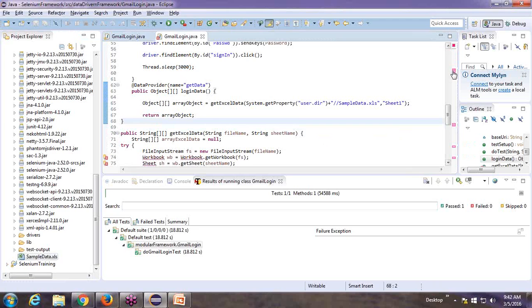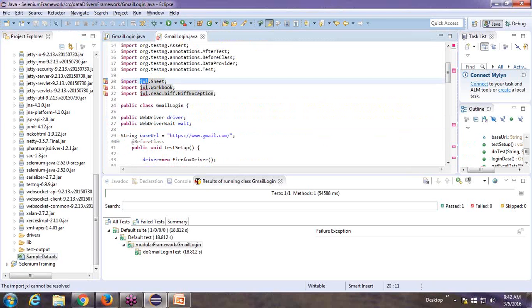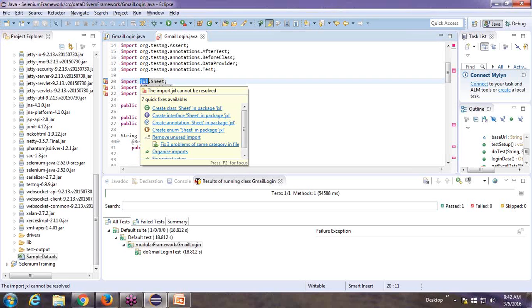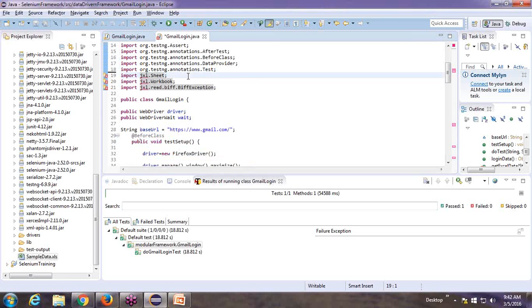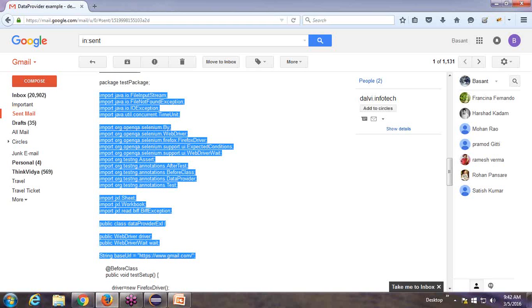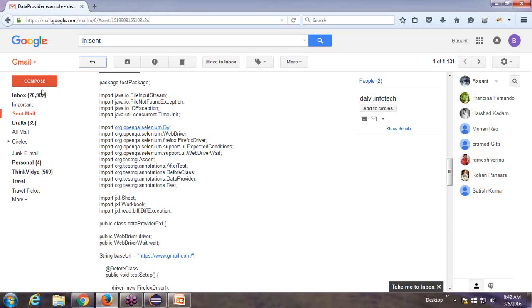We are getting some kind of error, like see this import jxl.jar. This jxl jar is required to read an Excel sheet in our Selenium and Java application. Whenever you like to read or write an Excel sheet in a Java application, we require some jar files. Where can we get these jar files? You can download this jar file from your system. You just open it,